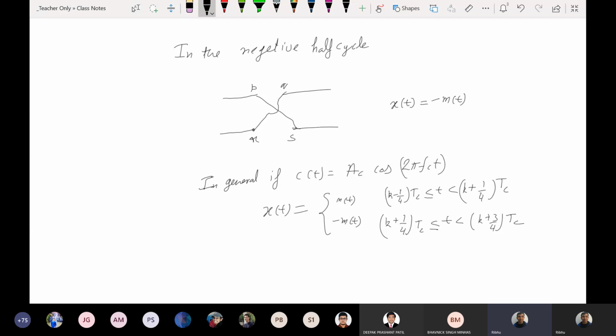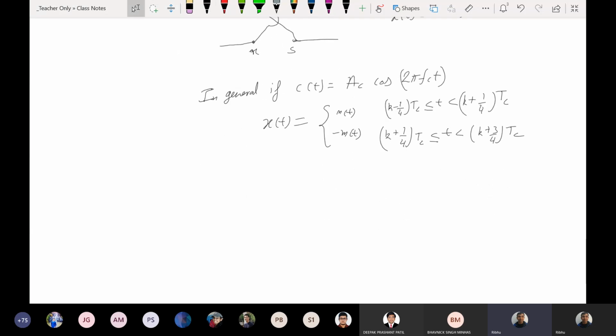Fine. Or x(t) equals m(t) p(t), where p(t) equals 1, 0,